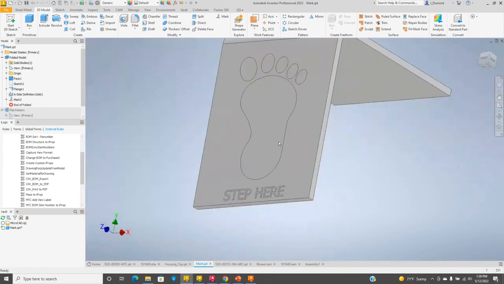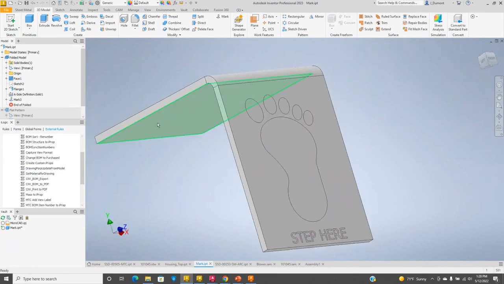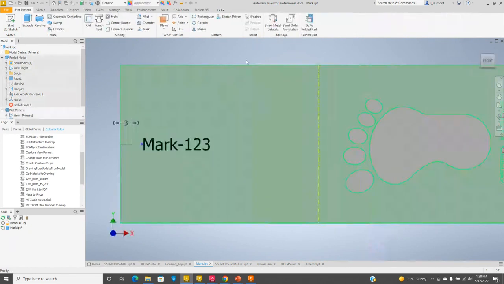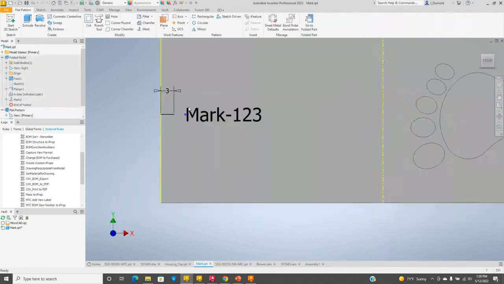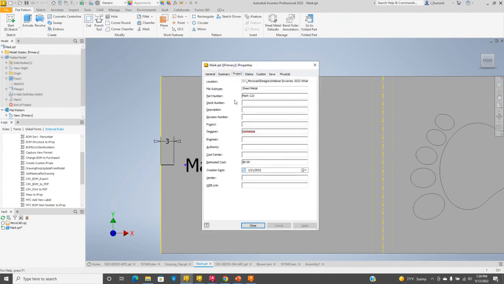So I'm showing my etching, and it does not pass through. Now, what I do want to show you is that if I look at my flat pattern, I can actually put information in here. One thing I do want to show you is that this text represents the part number of the part file. And that's one of the new features, is that in text, you can now include your iProperties. So for my part number,